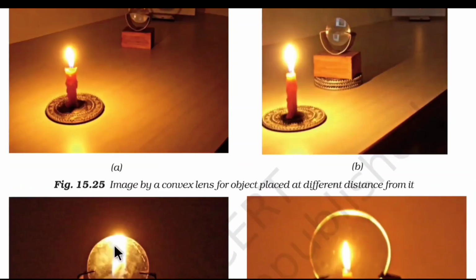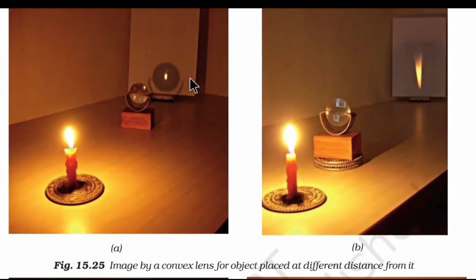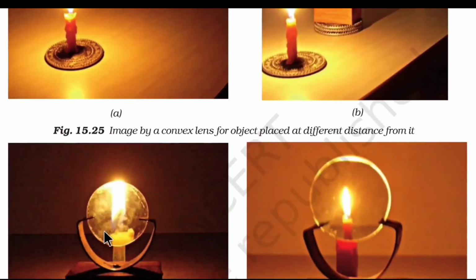Now this is the special case. We call it a special case because for maximum cases for the convex lens we have got real and inverted image, but the nature of the image is always real and inverted, but the size of the image will vary with respect to the object distance. But here you can see the image is formed not on the screen. We have not got the image really, it is a virtual image.